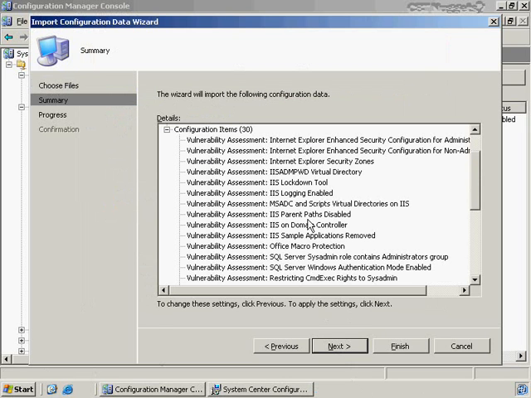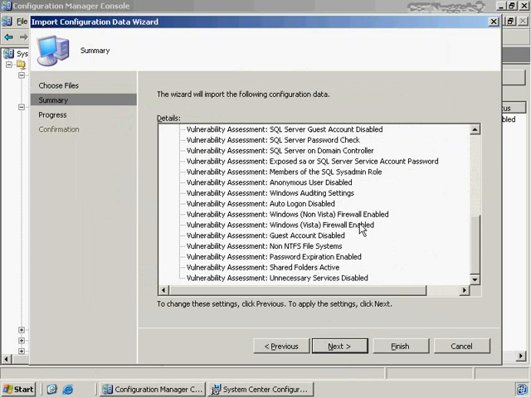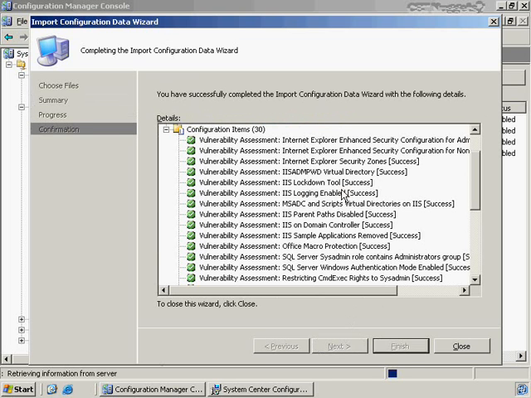We choose next, and it's going to give us all of these configuration items: Internet Explorer, enhanced security configuration information, IIS lockdown, Office macro protection, some SQL Server stuff. You'll see all of these are best practices for these different elements that now we don't have to create for ourselves. We can use this information to create our own baselines. We can choose next here. It's going to import this in,